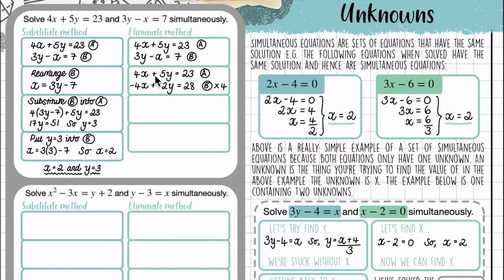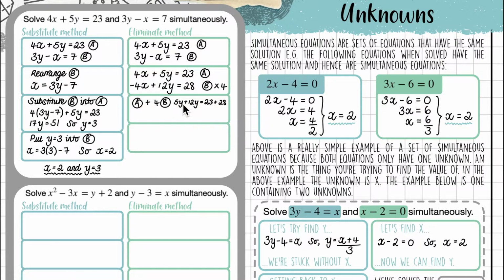So here we go. A is still the same, but equation B has been times by 4. So 3y becomes 12y. Minus x becomes minus 4x, and 7 becomes 28. And I've written them in a different order, so the x's are above and below each other and the y's above and below each other. From here, now you can see that if we take equation A and add equation 4b to it, we'll get rid of these x terms because we'll have 4x plus minus 4x, which becomes 0x, which is 0. So there we go. The x terms have disappeared and we are left with